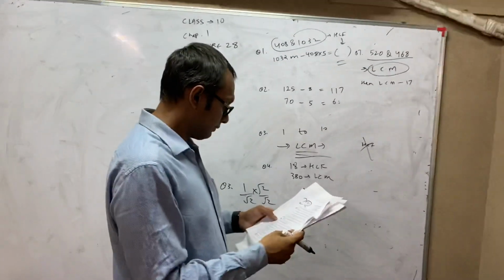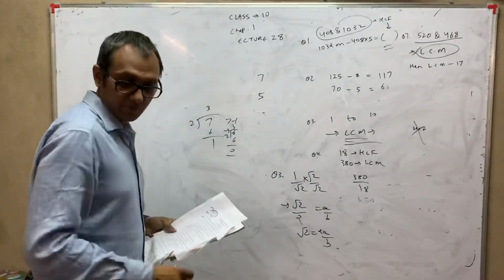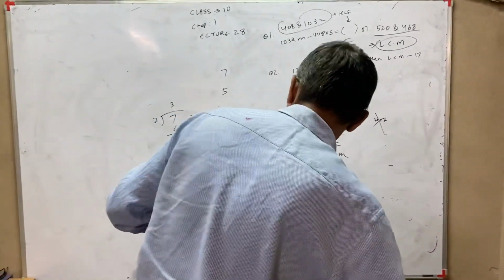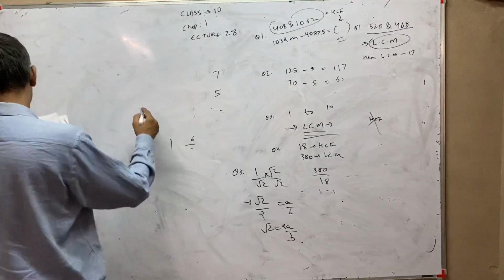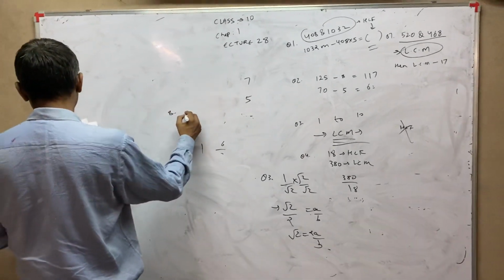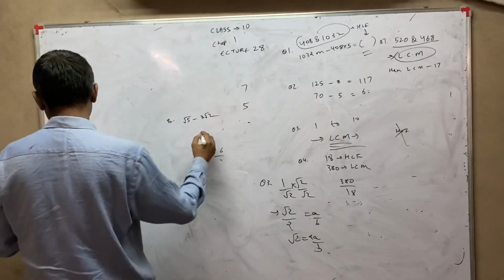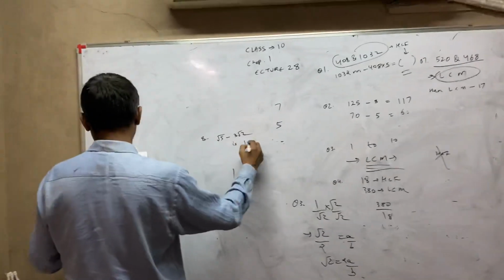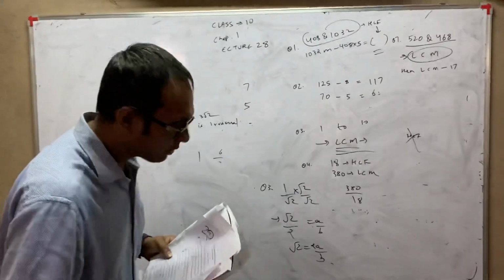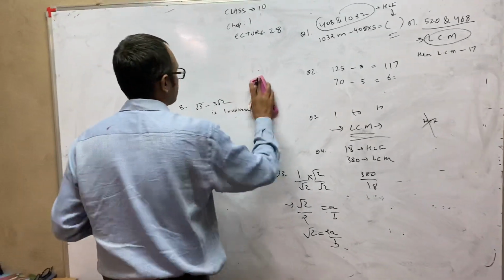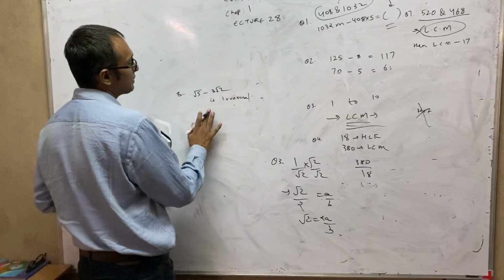Now we will do question number 8 and 9, the last questions. These questions we have just done in today's class. Almost the same questions are there. Of course, the writing will be slightly different. Prove that root 5 minus 3 root 2 is irrational. Now in this sum, if you notice, there are two roots. So whenever a sum comes in which there are two roots,